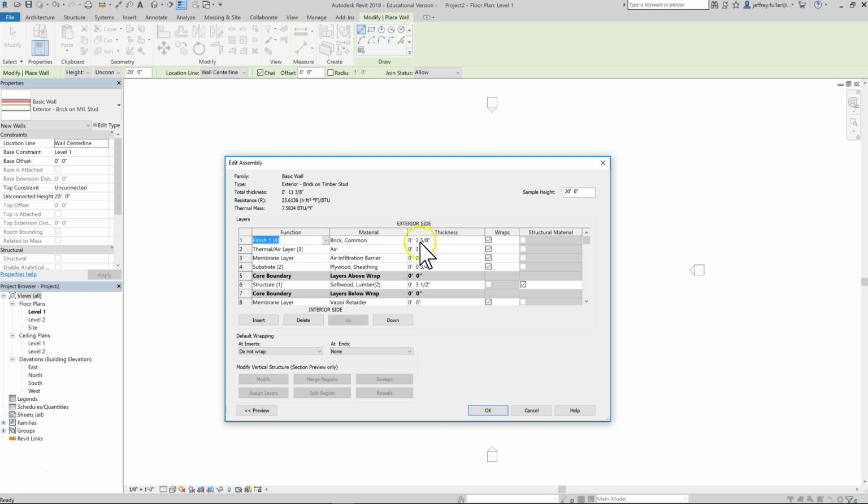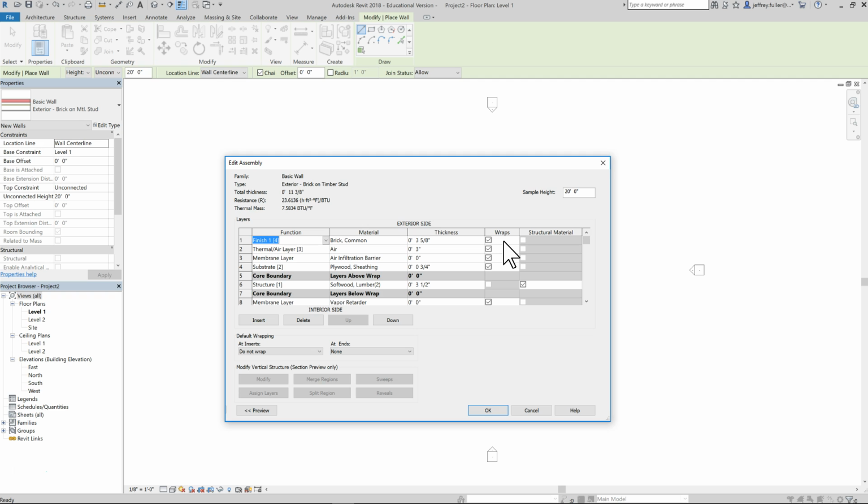And the size, you'll have to look up the size of your bricks that you have chosen. They're always going to be typically around 3 5/8 inches. Some of them might come 3.5 or 3 7/8 or something like that. So that's where you would need to type in that information, just like I typed it in down here for that softwood lumber. We do want this to wrap, and what wraps does, you'll kind of learn what wraps do